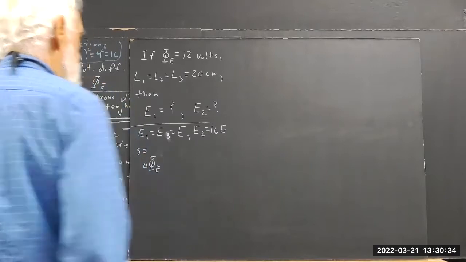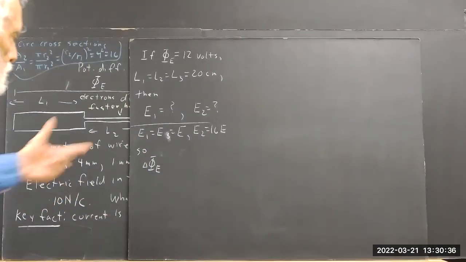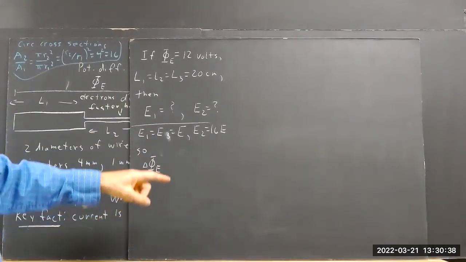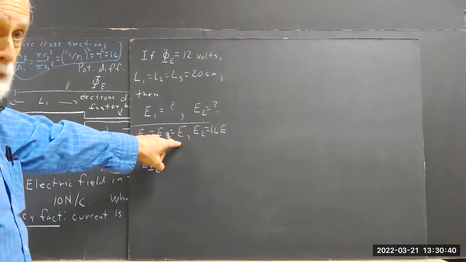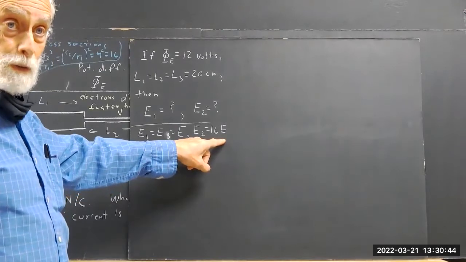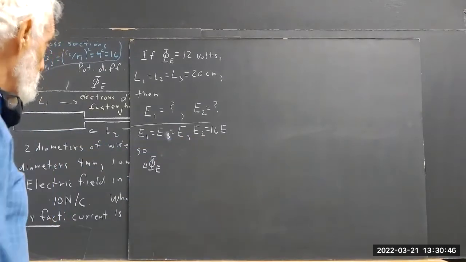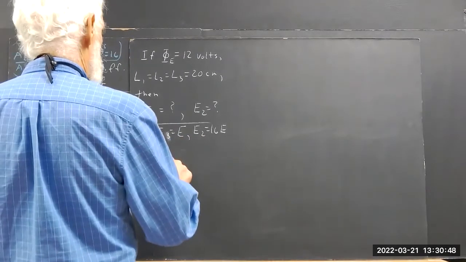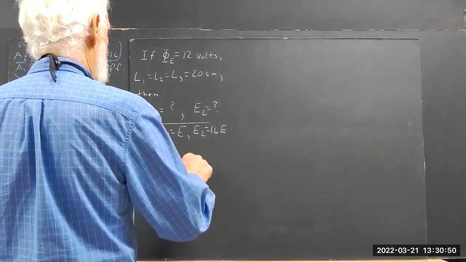Now we're just continuing what we did before, where you had the same electric field in these two, and 16 times the electric field in the middle. So we came up with a delta phi of 18